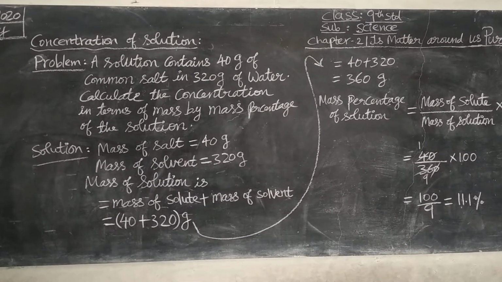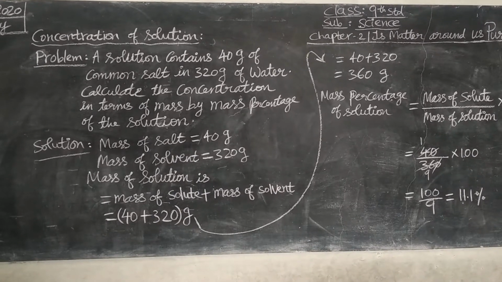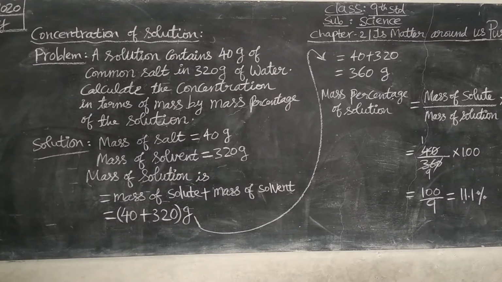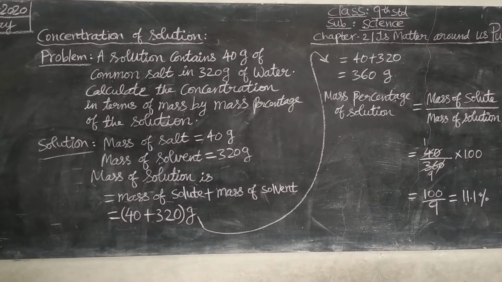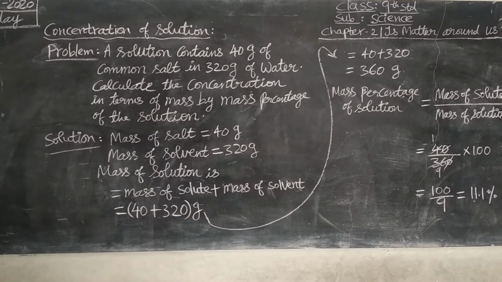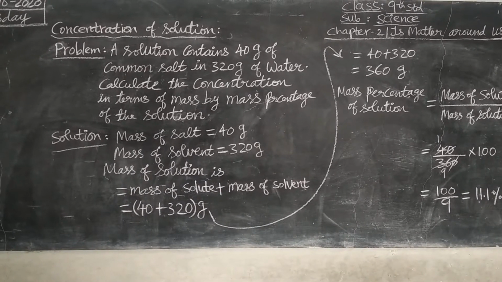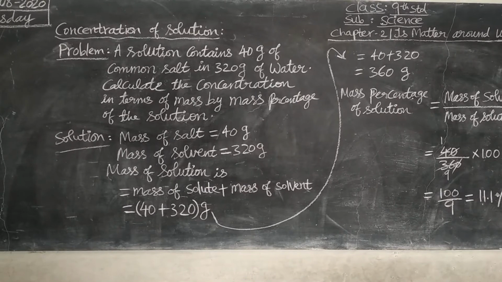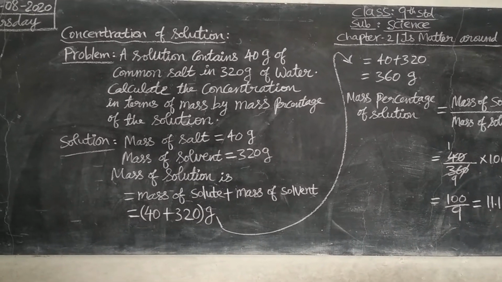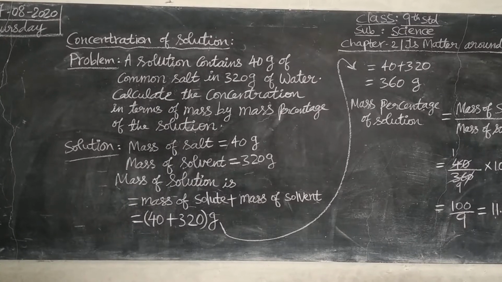So the second beaker of water, in which one spatula of salt is put, has high concentration compared to the first one. So the concentration concept is like this. It depends on how much solute is added to the given solvent. That is concentration.